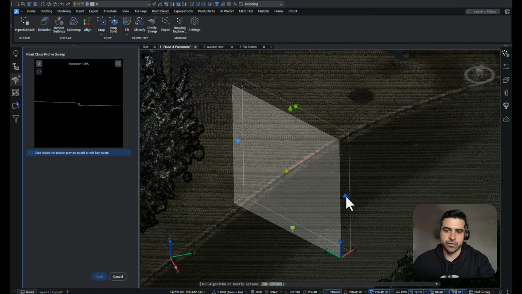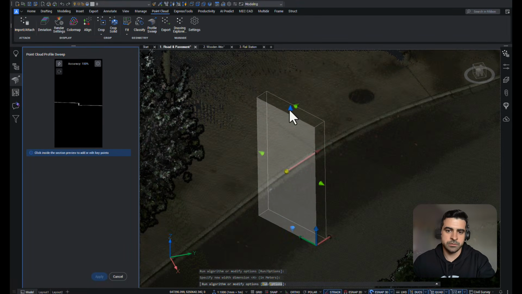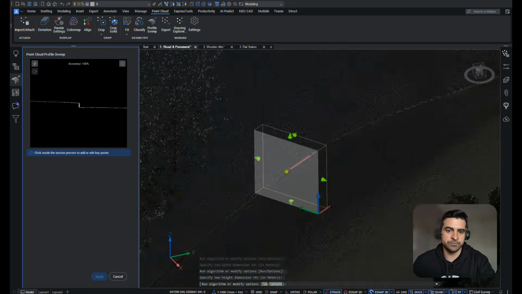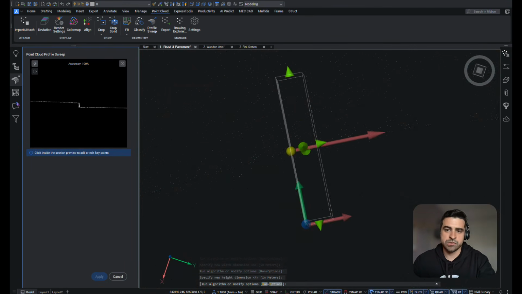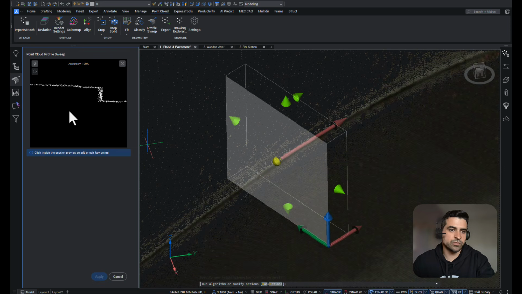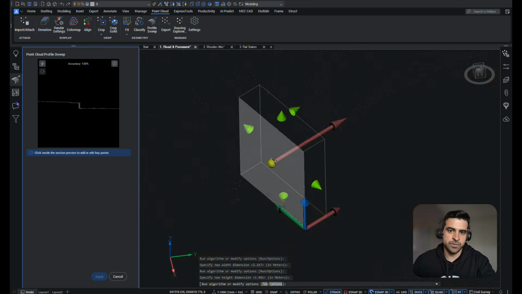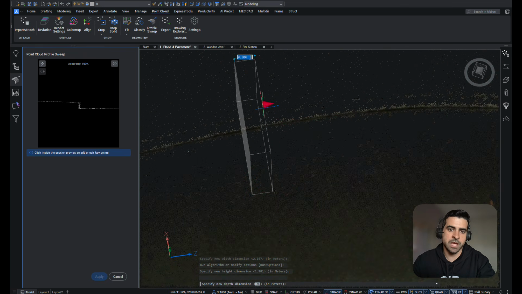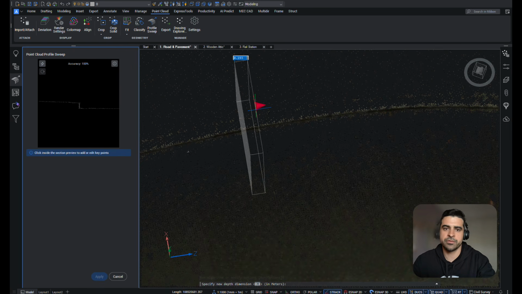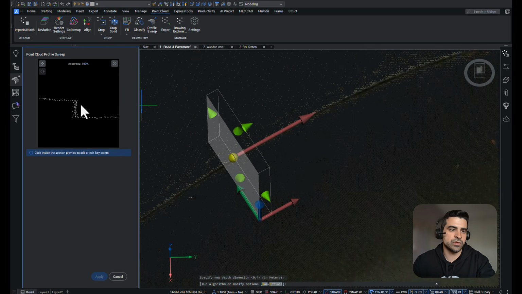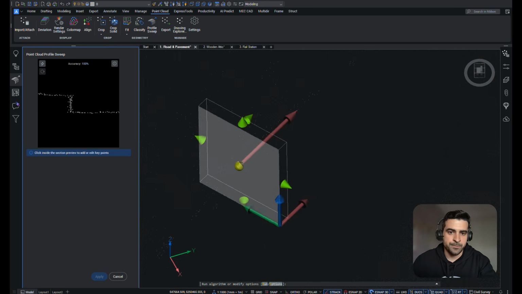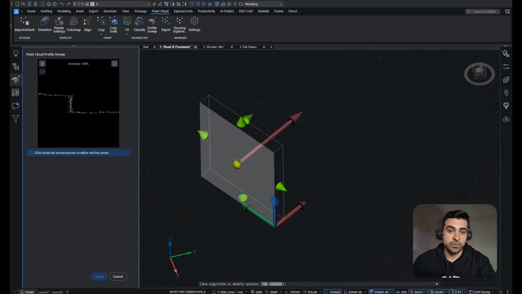There are a couple of options over here. We can make it a little bit bigger or smaller. I recommend making it as small as possible because this will increase the resolution of the points in the preview box. So let's make it as small as possible. We can also reduce the depth, but it's a good idea to leave a healthy depth of 10 to 20 centimeters so that the visualization includes a healthy amount of points.